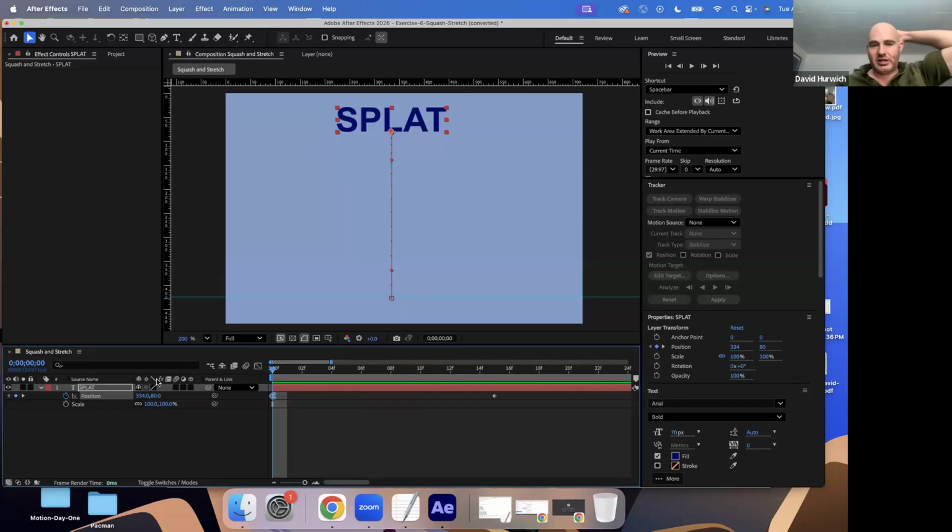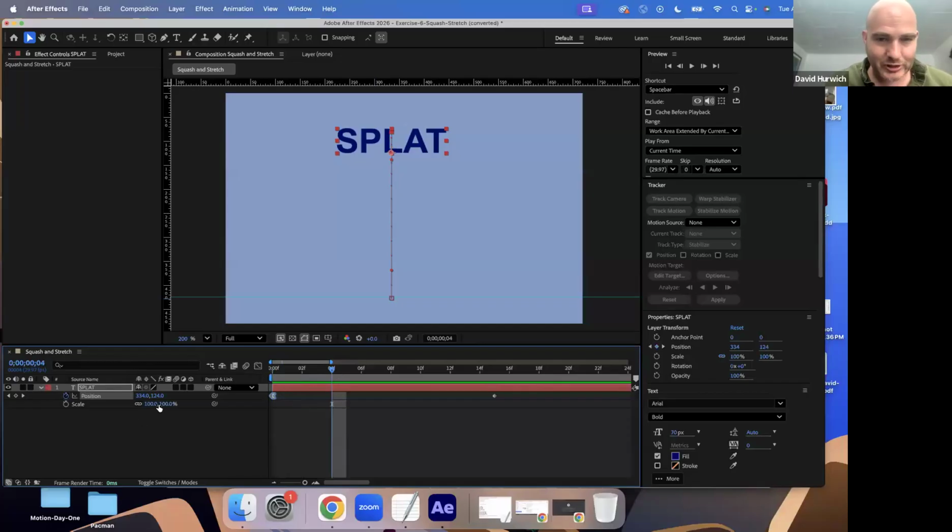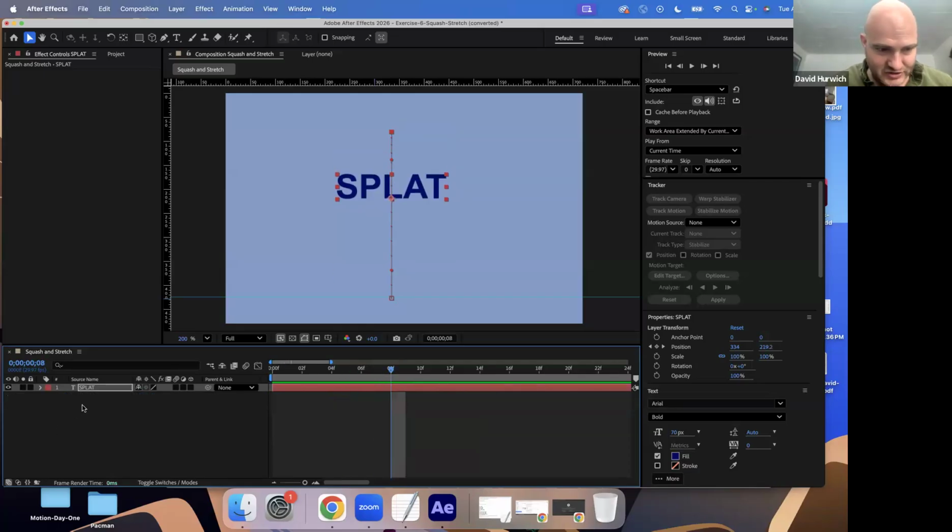The idea is that in animation, if something's going really fast or has fast velocity, we want it to stretch. And if it hits something, it should squash, where the object conforms or reacts to the thing that it hits. So let's play around with scale. Scale would make it really easy to stretch our item. So I'm going to press S for scale on this text,